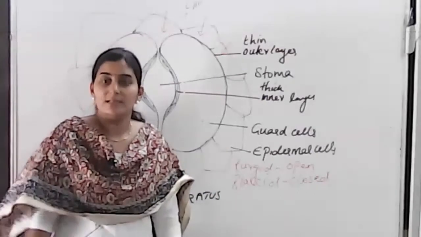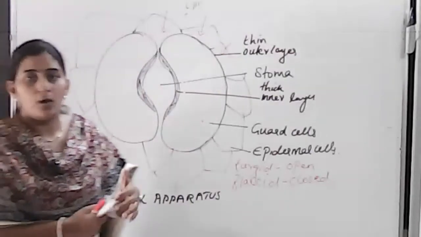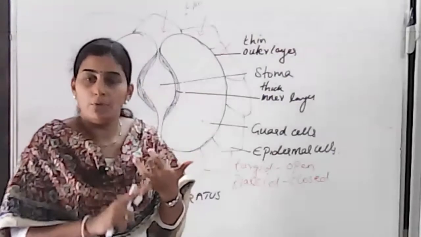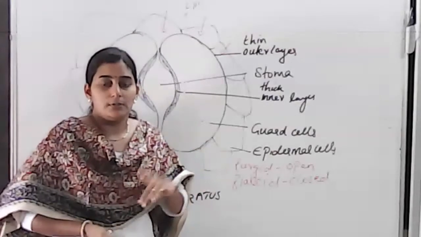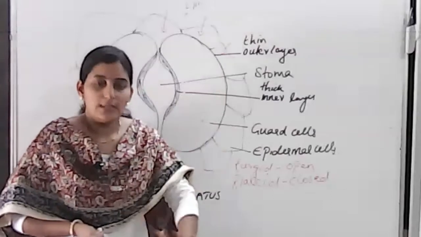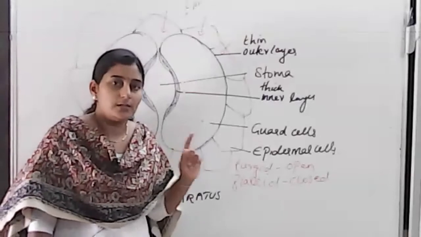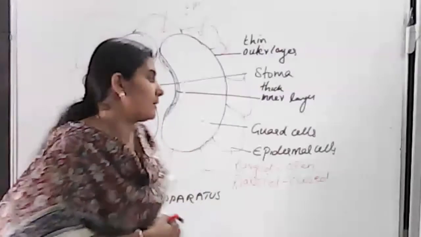Got it? One more question. Give reason: it is better to plant trees during evening and not on midday. The rate of transpiration will be more during daytime compared to evening. In order to compensate for that, we should plant a tree in the evening, so only absorption will take place, no transpiration. Got the point? I think it's given in your textbook in bold letters: why we should plant trees during late evening rather than midday.